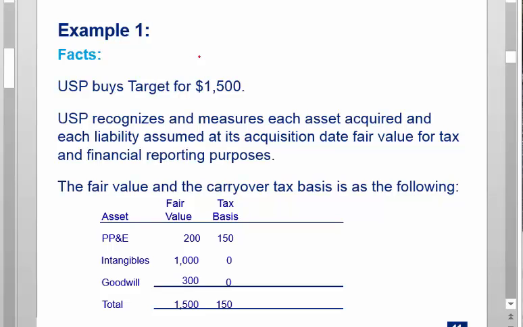Depreciable property, intangibles like technology or patents or whatever, and then goodwill. And then you'll notice that the tax basis in the second column are completely different numbers. And those numbers are going to be simply whatever the tax basis was in the assets that the target was recording before the acquisition. Because if we're buying shares, nothing happens to the basis of those assets. Okay? So that basis is just the historical basis.